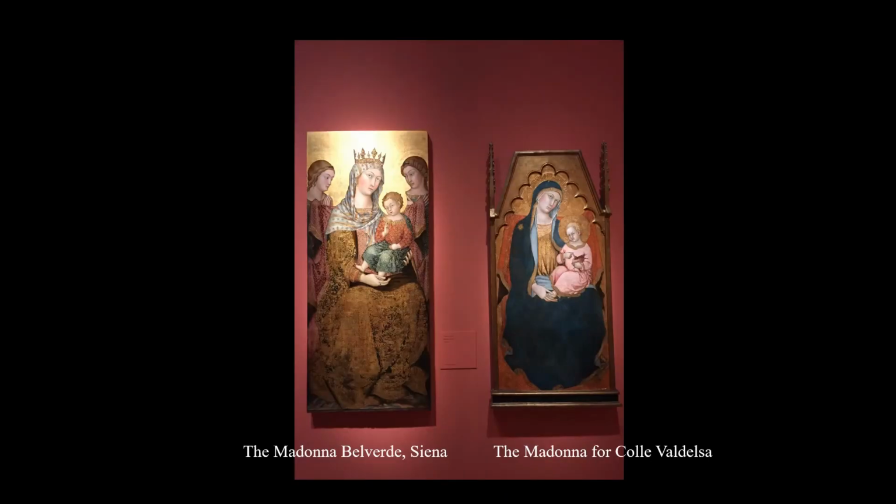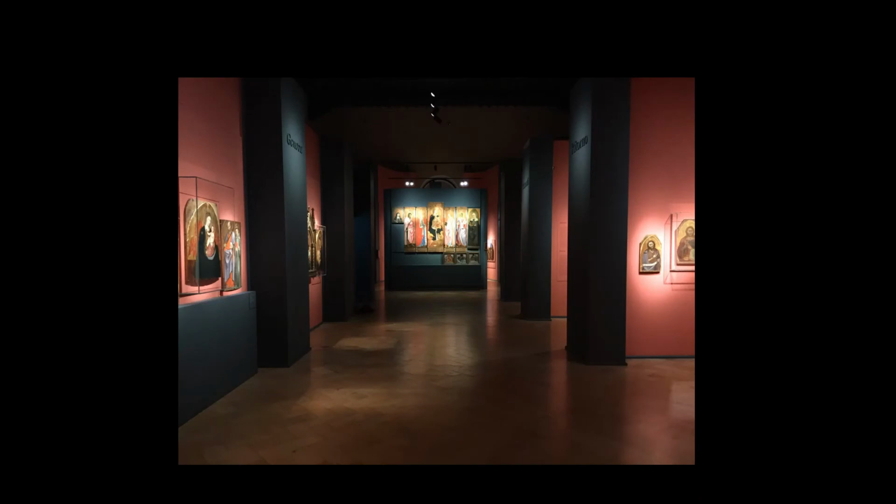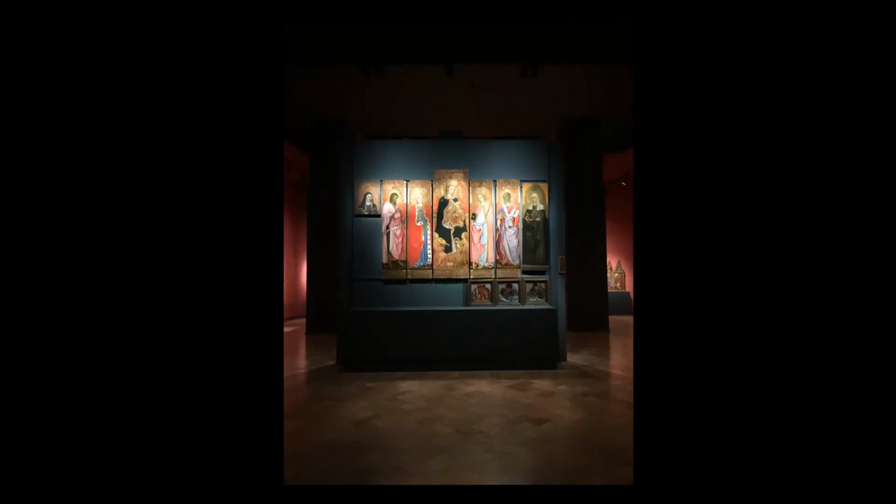In the same space hang two Madonna paintings, which speak to us about Taddeo's modes of production. He used templates, he used models, reapplying them. Never exactly the same as these two Madonnas show. At this point, we're moving down the nave of our simulated church, and before we reach the section of triumph dedicated to the Franciscan altarpiece, another section of the exhibit opens, and it shows contemporary paintings that are of narrative